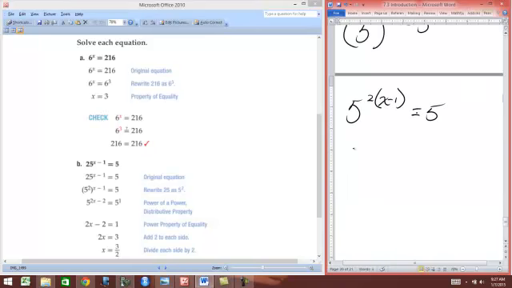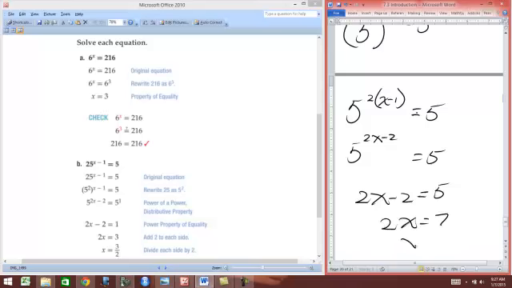Okay, so we got 5 now to the 2x minus 2 equals 5. So 2x minus 2 equals 5. 2x equals 7. X equals 7 halves. Is that right? 2x equals 2x minus 2 equals,